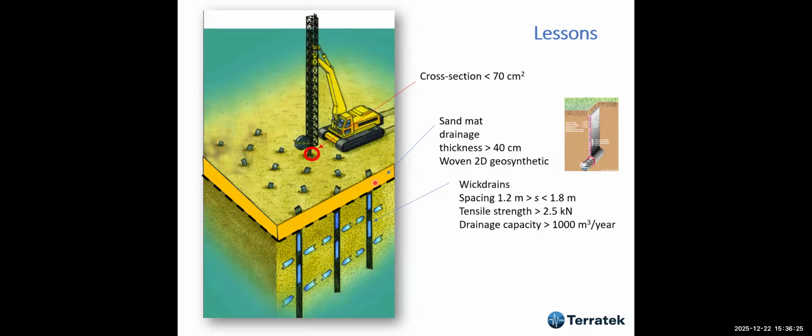And why not to have less than 1.2? Because one drain may interfere with the other. Usually, if you put a pile in and a pile close to that, these piles, they must be in soft soil. The interference goes up to 10 times the diameter. Up to 10 times the diameter, you may have installation effect.